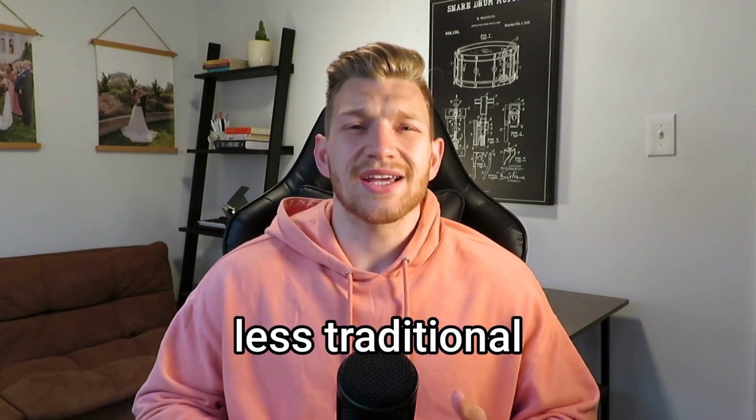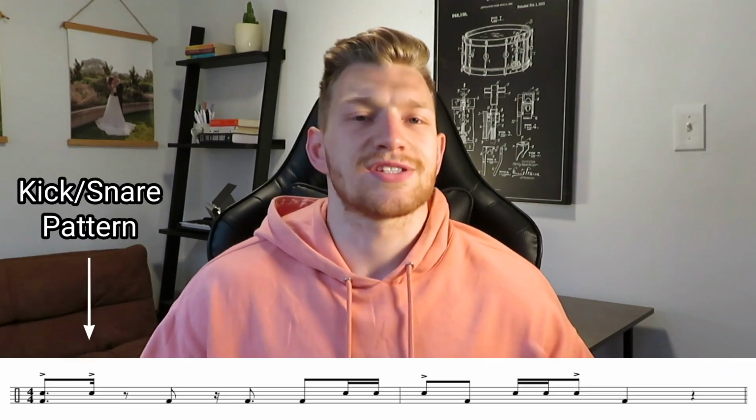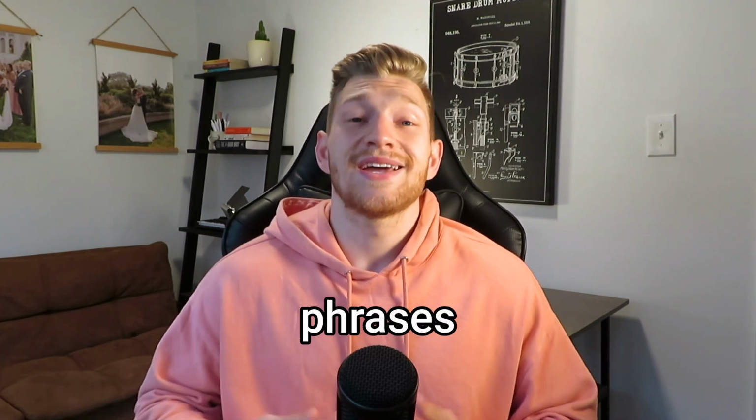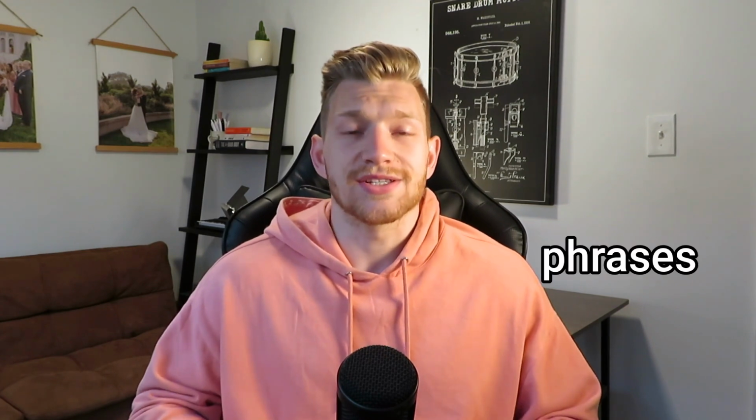It's going to improve our phrasing by utilizing less traditional beat placement. The snare's not just going to be on 2 and 4 and the kick on 1 and 3. And we're going to also have some over the bar line phrases and 3 measure phrases instead of just 1 or 2 measure phrases like you typically practice. This is going to help your ear expand a little bit and also help you play more melodically and think